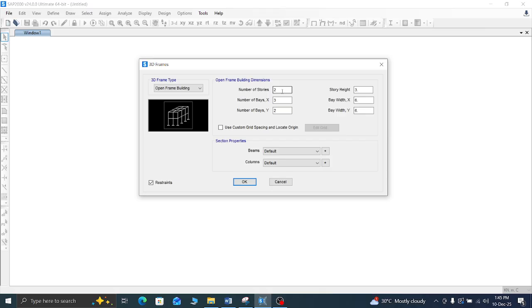In this frame, what you are going to use is the number of stories. I already told you I am going to use a 5-story building. So the story height you can mention there. Normally for story height I am going to use 3.6 meter, I mean 12 feet. And